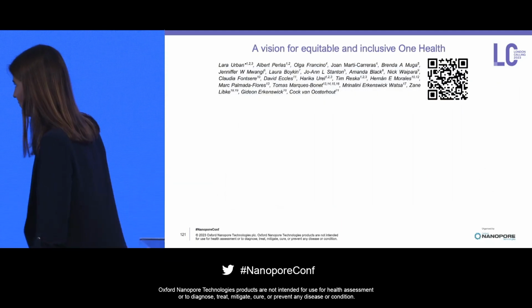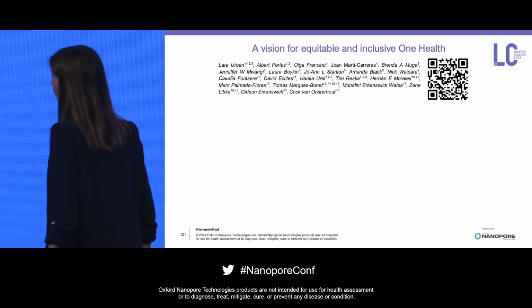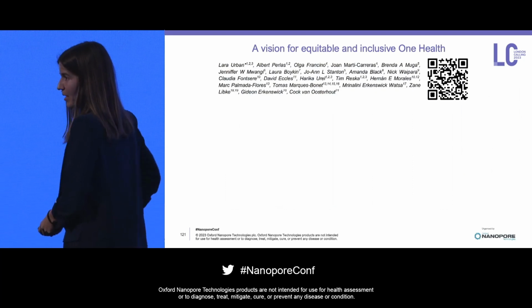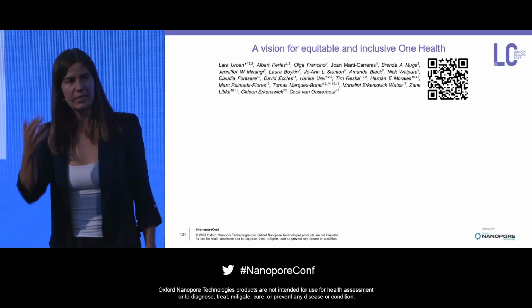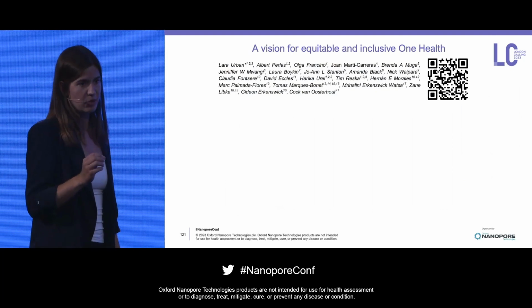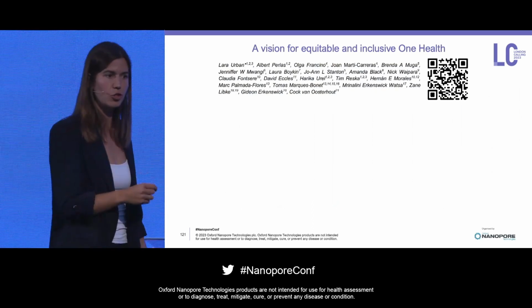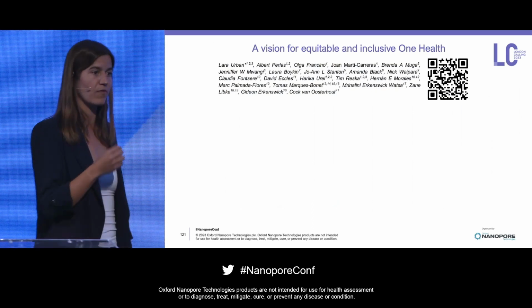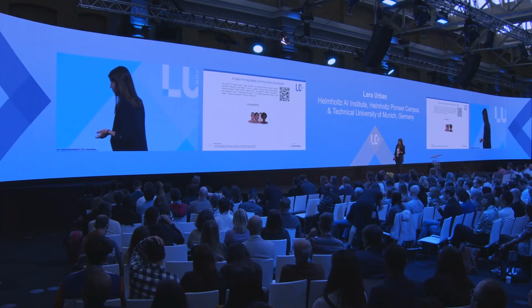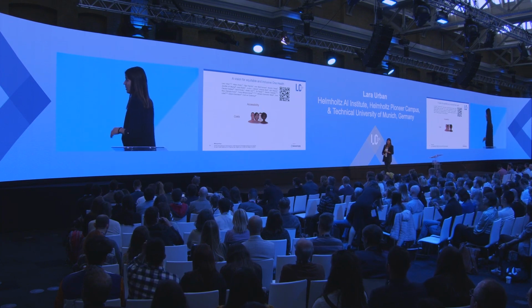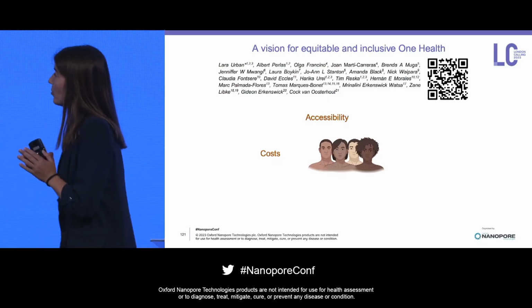And now, really briefly, to wrap up, I want to come back to our perspective article. Because there we also discuss, a little bit more broadly, how real-time genomics really has the potential to contribute to more equity and inclusion in One Health research because of its distributed and also disruptive nature. And obviously this has to do with accessibility, and we know that nanopore sequencing has been developed to be available to everyone, everywhere. This relates to costs, so that we have basically absence of any sort of